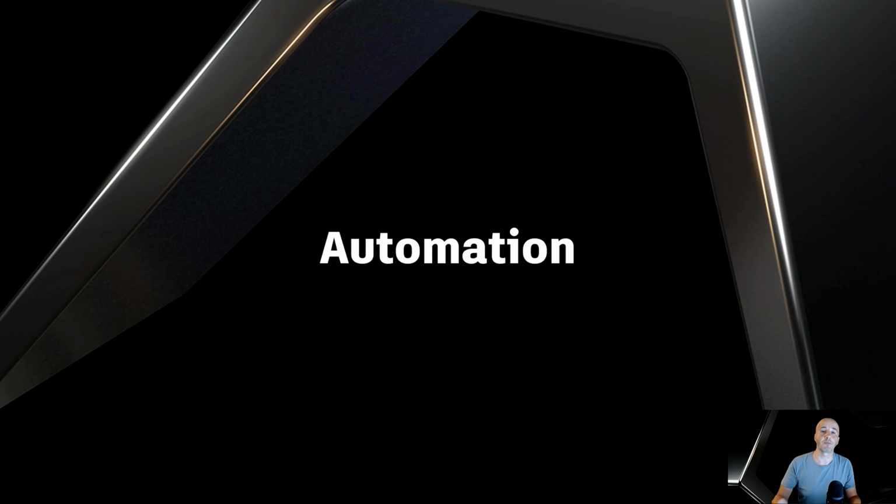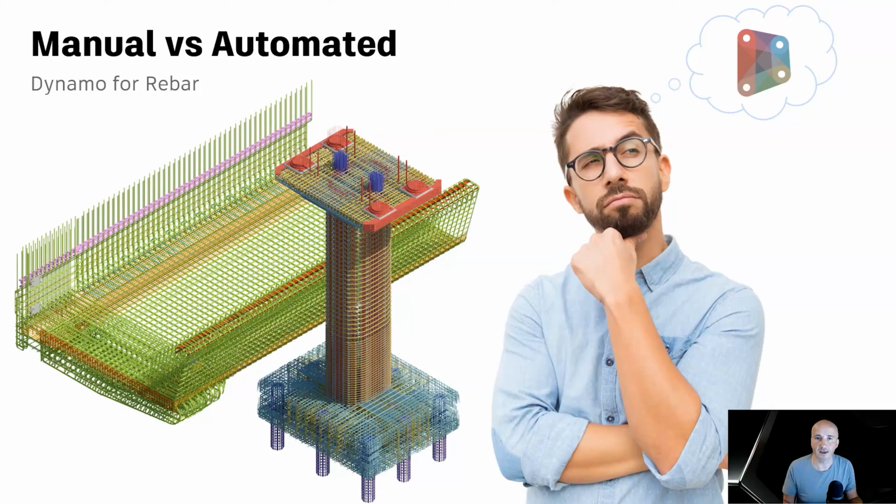Now let's talk about automation. Many of you may say that Revit features are powerful and the process of using them seems to be pretty straightforward. However, using them can be very tedious, and it takes a lot of time as we need to repeat a sequence of the same steps for every single concrete element. Moreover, some of you may add, our CAD solutions have a bunch of macros that allow us to quickly and automatically generate typical rebar designs, shop drawings, and bending schedules. This is a situation where Dynamo for Revit comes in handy.